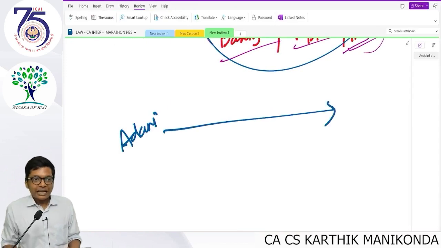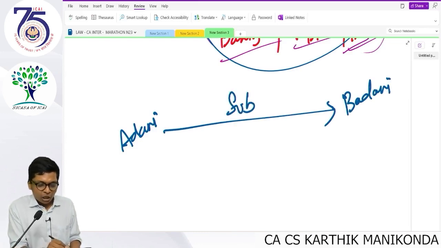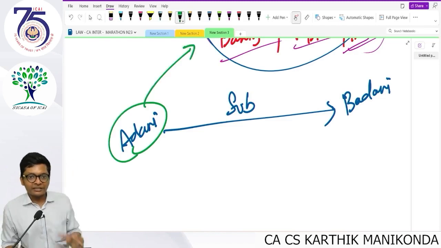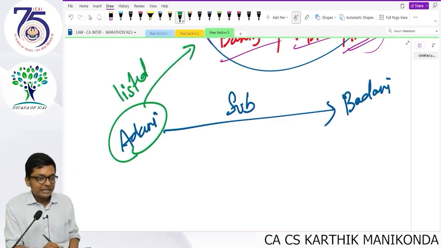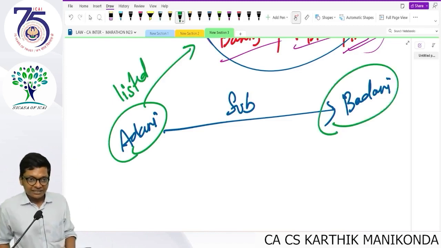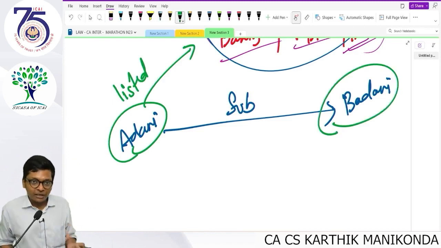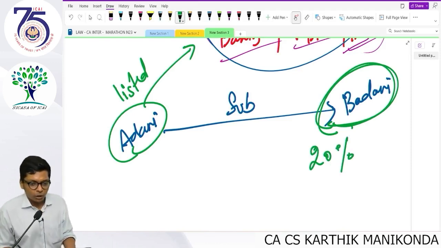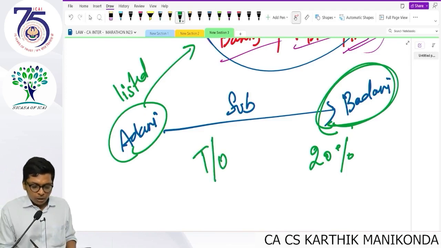Adani has another company, let's say Adani, which is a subsidiary of Adani. Adani falls in the above points because Adani is a... Now, if this company, which is a subsidiary outside India, a foreign subsidiary, contributes 20% of the turnover or